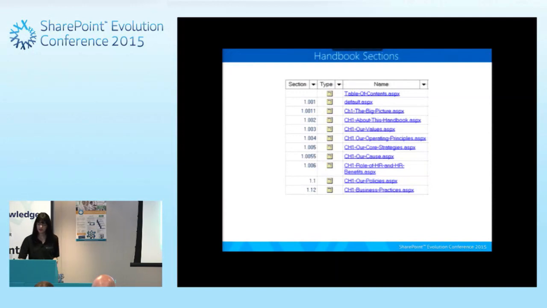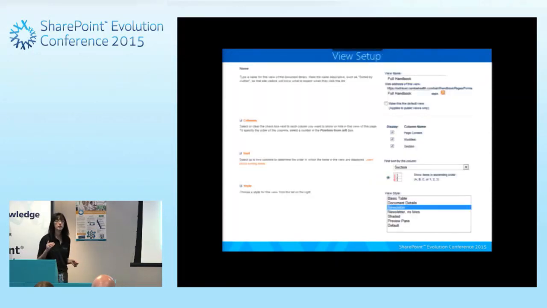And then once you get that all set up, you can go into your view and set up a view that says, I just want to show the page content, so it'll show everything on the page, the modified date, and the section. And we just set it up as a newsletter view. And that's how we were able to get all of that information to appear when they start looking at the full handbook page. And again, it's just a page, it's a short little document, rather than worrying about 300 pages